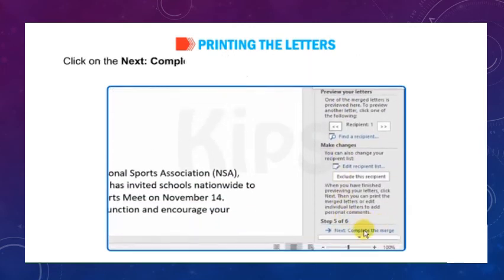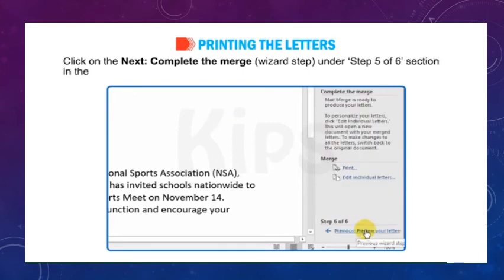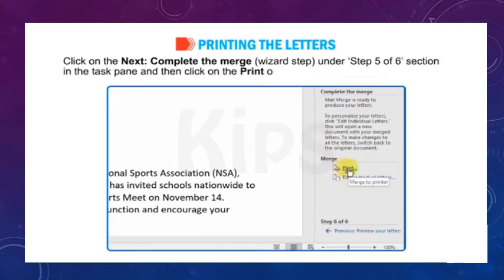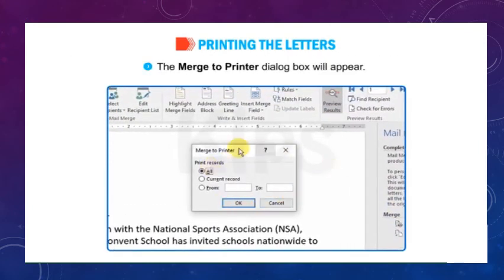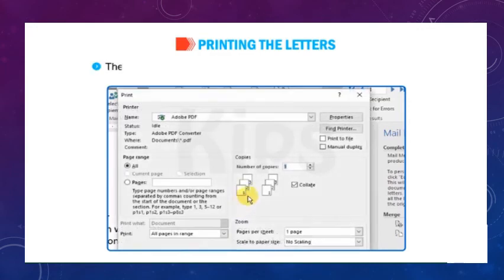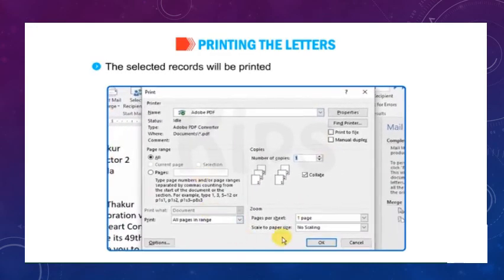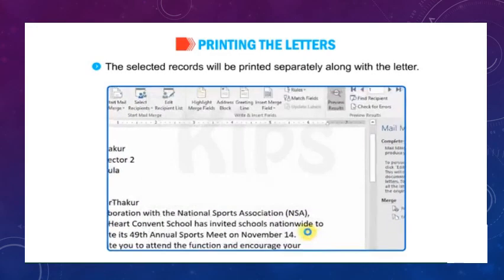Click on the Next: Complete the merge wizard step under Step 5 of 6 section in the task pane, and then click on the Print option under the Merge section. The Merge to Printer dialog box will appear. Define the desired print settings and click on OK. The selected records will be printed separately along with the letter.